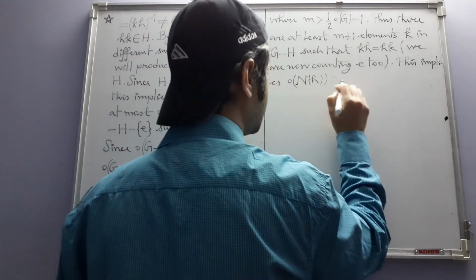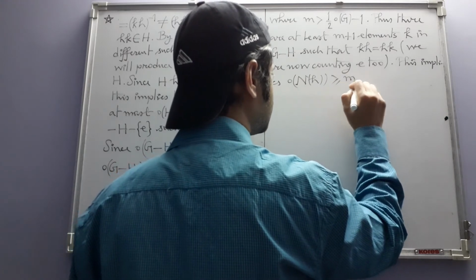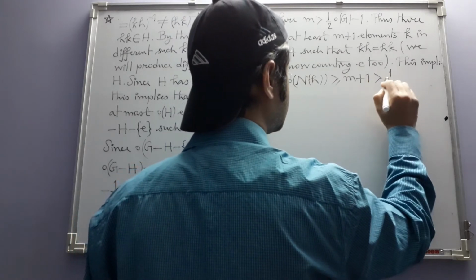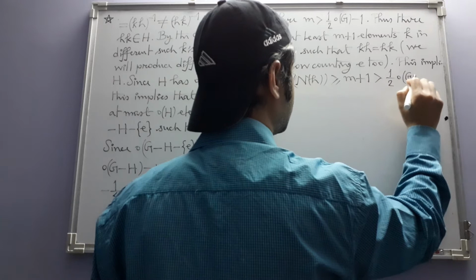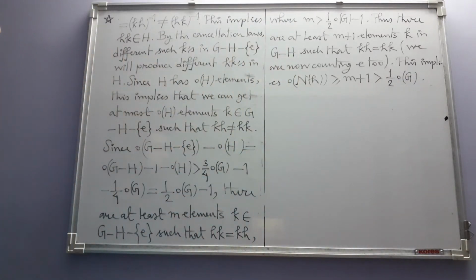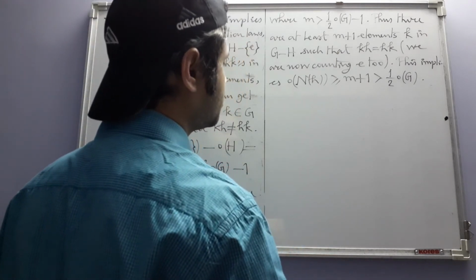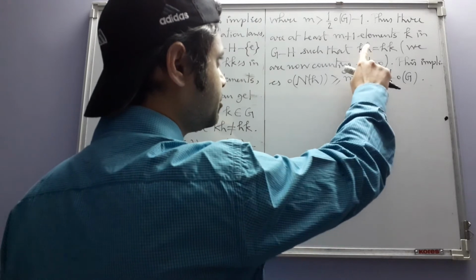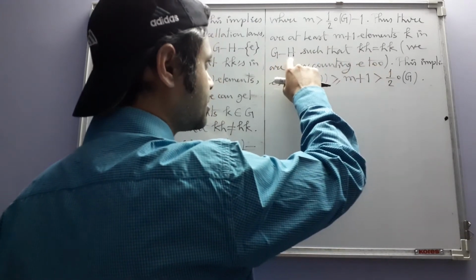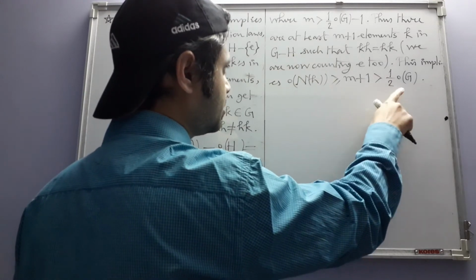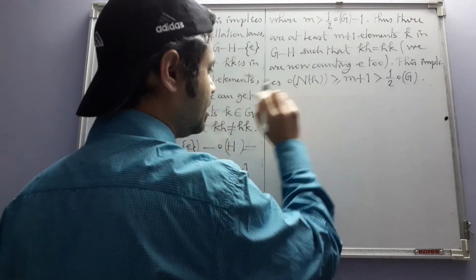So this normalizer must be greater than or equal to m plus 1, and m plus 1 is greater than 1/2 of G, because m is greater than 1/2 of G minus 1. So these m plus 1 elements that commute with h we have got in G minus H. There may be more, so that's why we have an inequality. So N of h